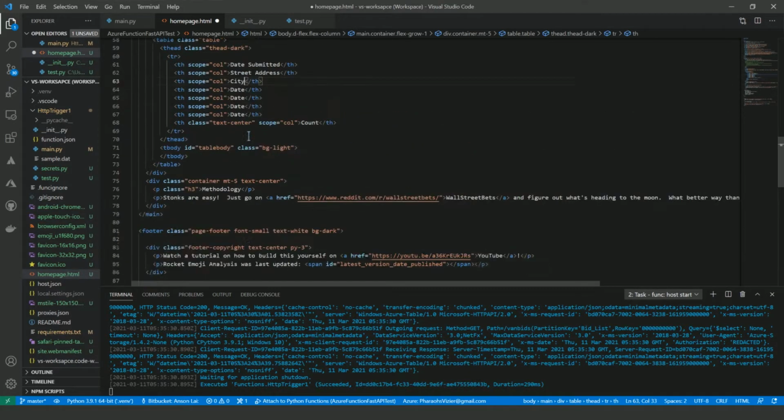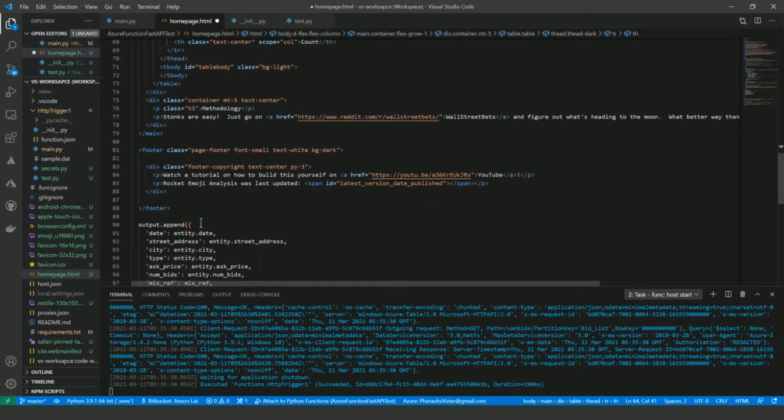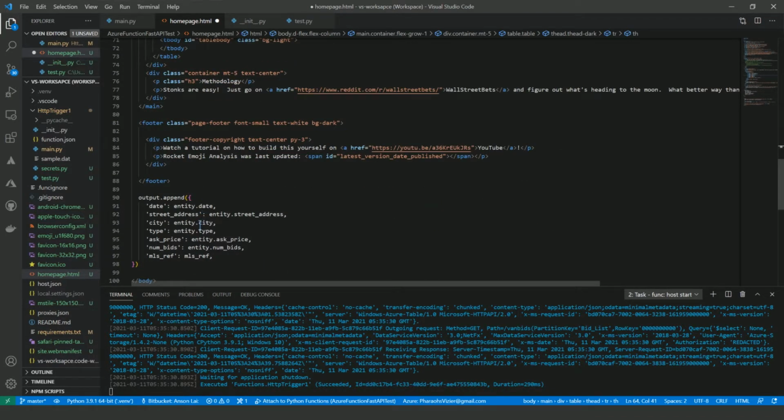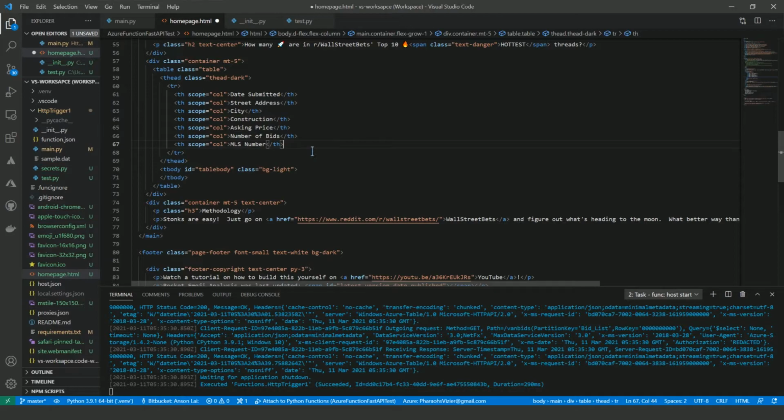City. Housing type. I think they call it construction. I'll have to change that. I don't really know my terminology here. Asking price, number of bids, and MLS number. Okay, so